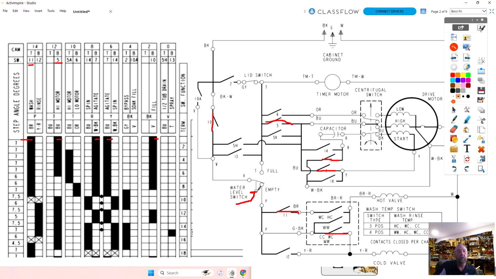That water level switch, if we follow the circuit now, and I'll go ahead and highlight the circuit, that power comes in, and at this point this switch is open, this switch is open right now, so I'm going to go down. These two are open, so I can't go that way. And the water level switch says, hey, my machine's empty, so we're going to send power this way. And we go through 11, and guess what? I can't get through there. We go through this one, and I'm going to feed the cold water valve.